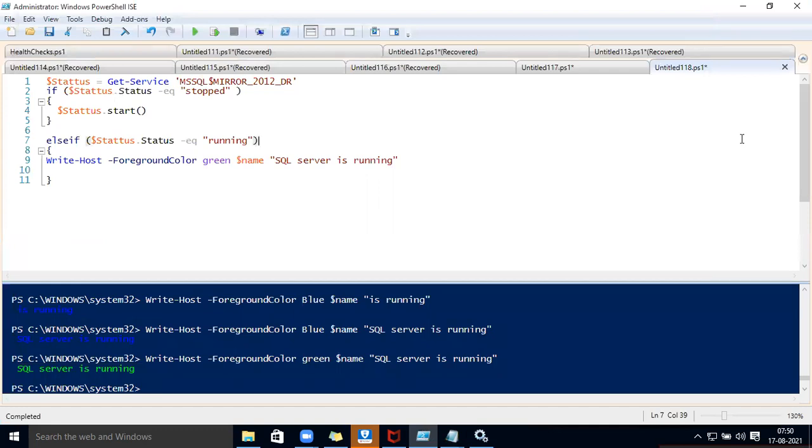Now think about it. What can you develop in just 5 more minutes? I will take the class, don't worry. So what can you do in this script? See how you can enhance this script. One thing: if the service is stopped, it has to start, right? But here, I have given only one server name.